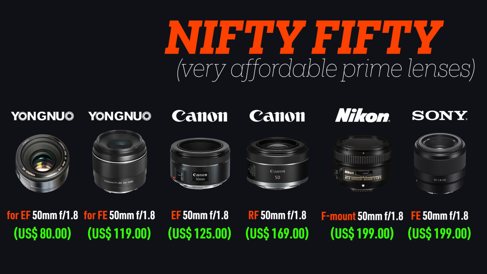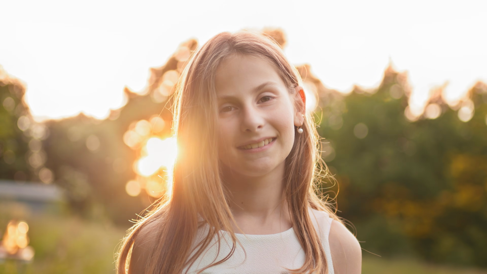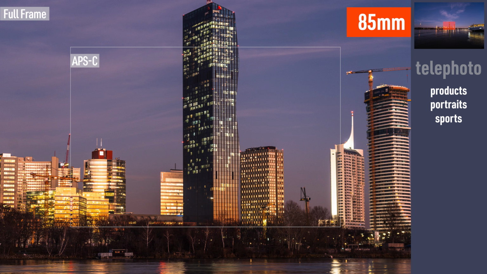Unfortunately, there is still that problem of not being able to set low aperture numbers to blur the background. But the affordable 50mm lenses I mentioned before are much better in this regard. Not as good as an 85mm on a full frame, but still much better than the kit lens. That combined with the price makes them the first lens upgrade for most photographers that like to shoot portraits and similar things. But back to the focal length comparison, we stopped at 85mm.